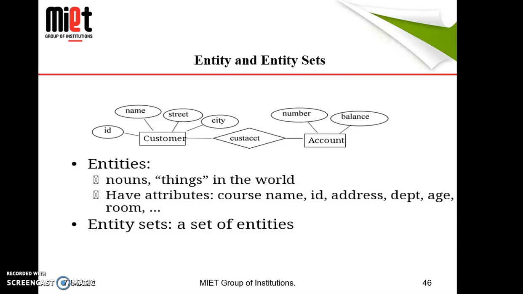Let's take another example. The set of all employees of an organization can be called the entity set employee. For example, in a class, each individual student can be identified by roll number, name, branch, date of birth, etc. They have common attributes, so they can be grouped in an entity set called student. Or employees, more than one employee sharing the same attributes, can also be called an employee set.